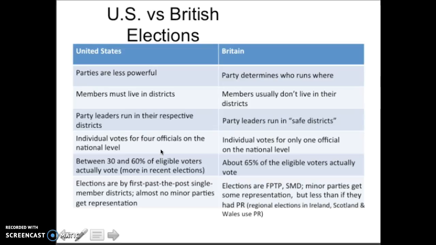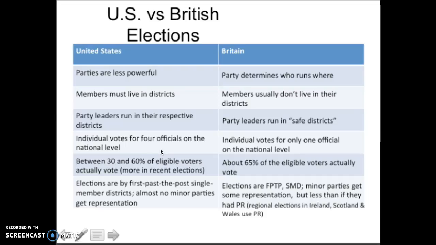And even though the Conservative Party and the Labor Party get more seats in Parliament than they actually have support throughout the UK,